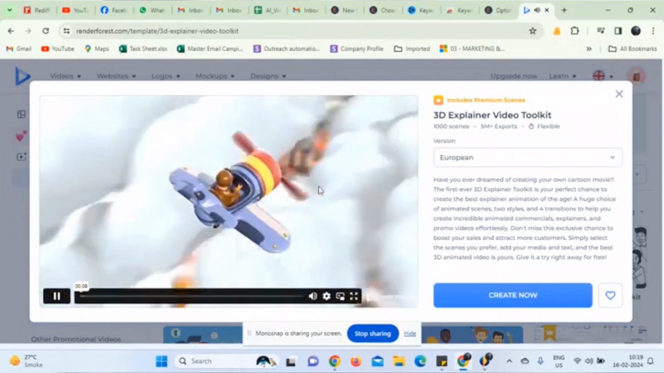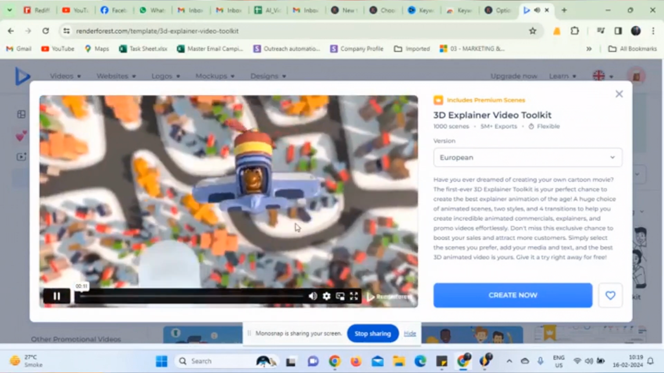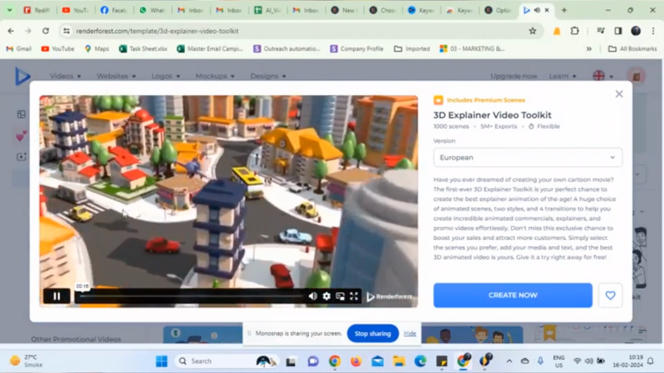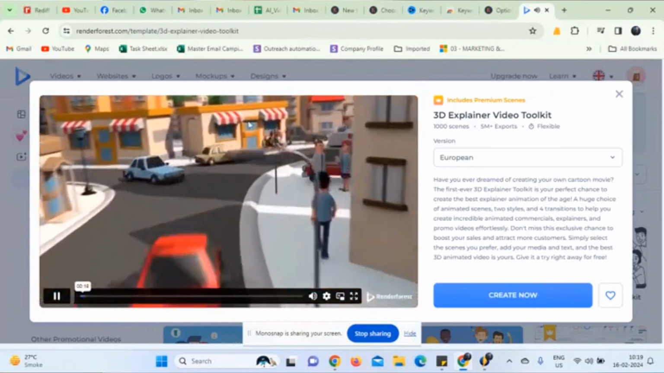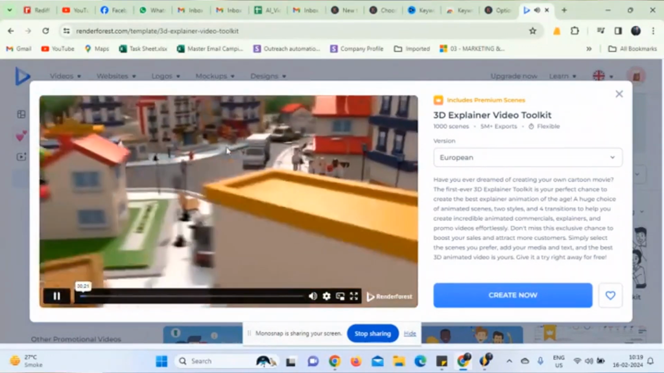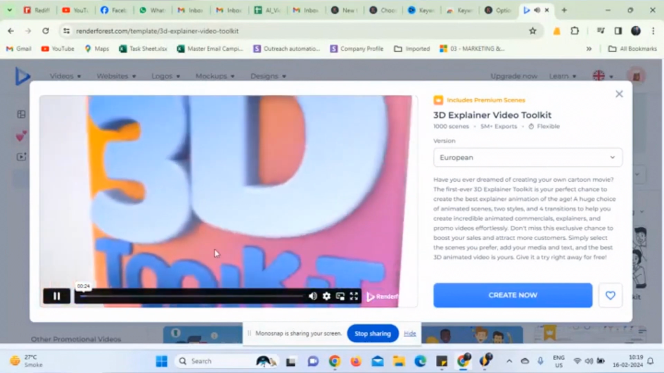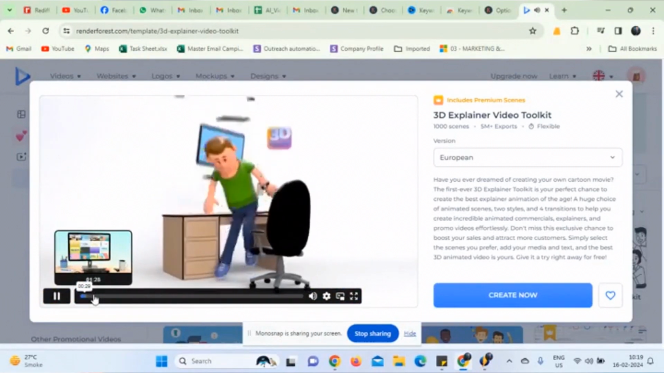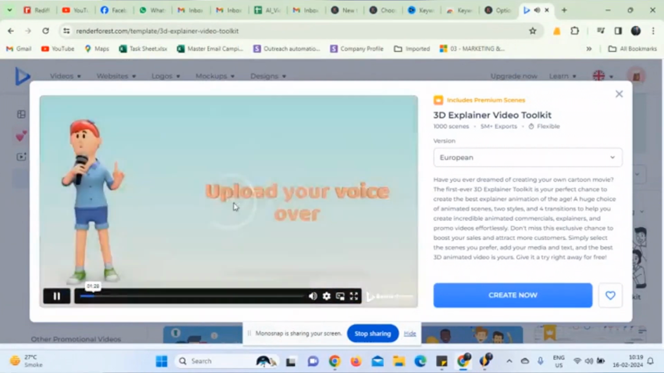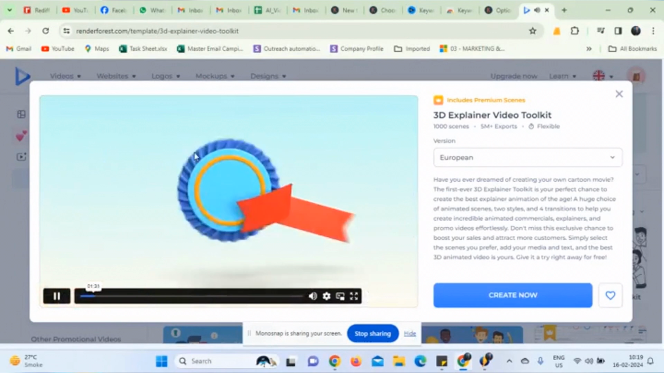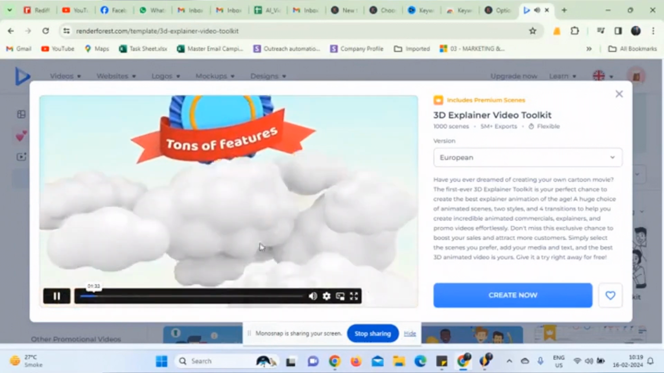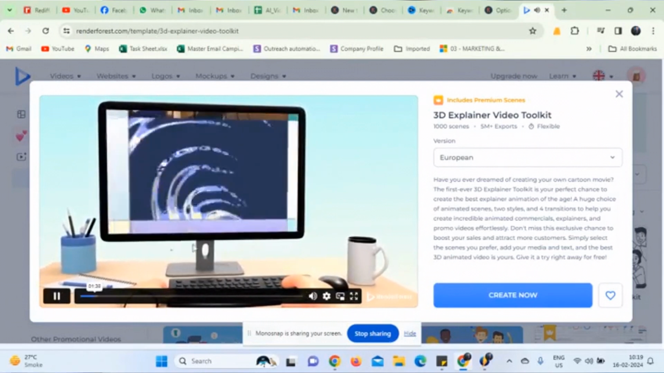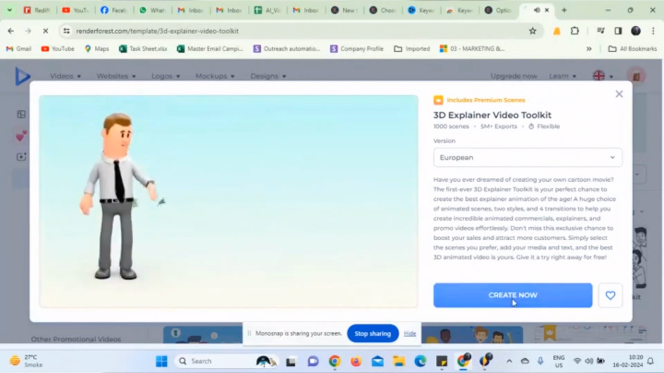So all of these characters are ready for your use and very easy to use. All the scenes are done up, as you can see over here. Very interesting toolkits to get your videos done. These kinds of characters and elements, it's all there. All you have to do is click on create now,